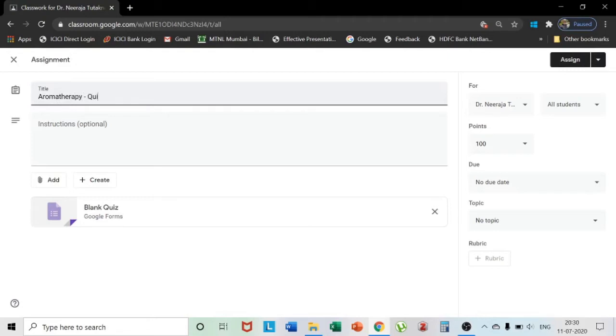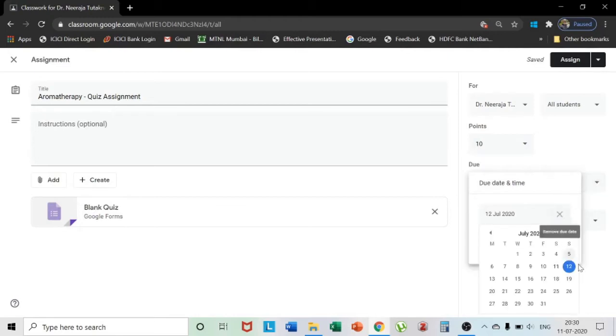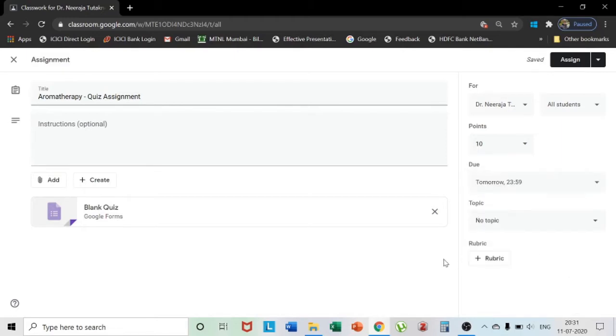Aromatherapy quiz assignment, and this again carries 10 marks. Let it be due by 12, and let it get assigned under aromatherapy.